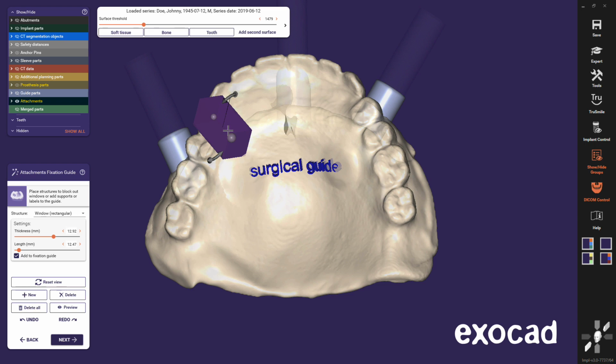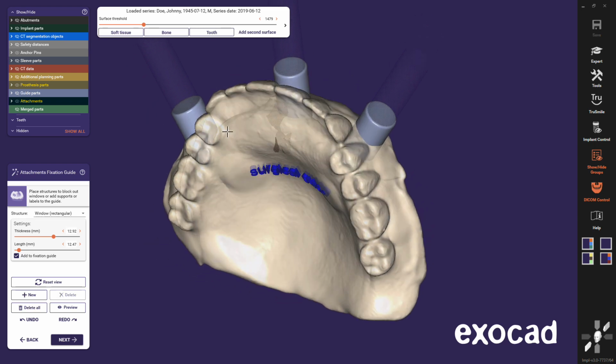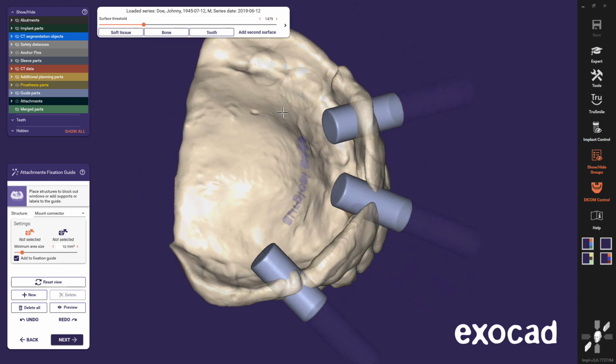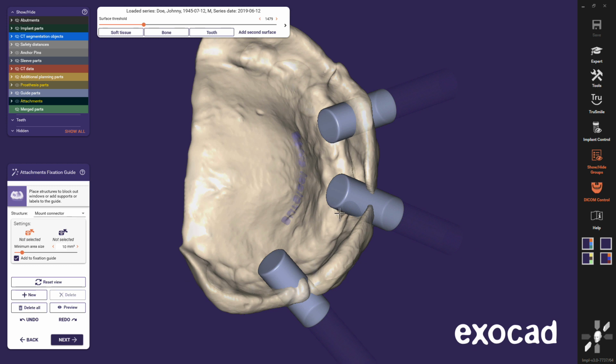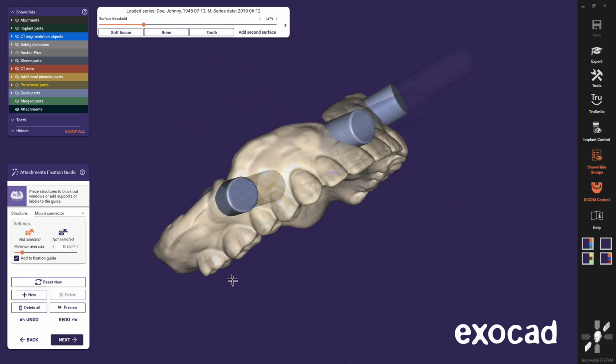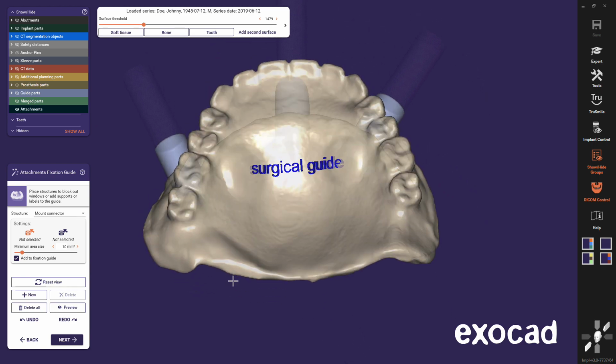Just click on the attachment you want to delete to activate it, and delete it by clicking Delete on the keyboard, or use the Delete button in the Workstep window. The patient name I will keep, but I will place it a bit differently and change the text a little.